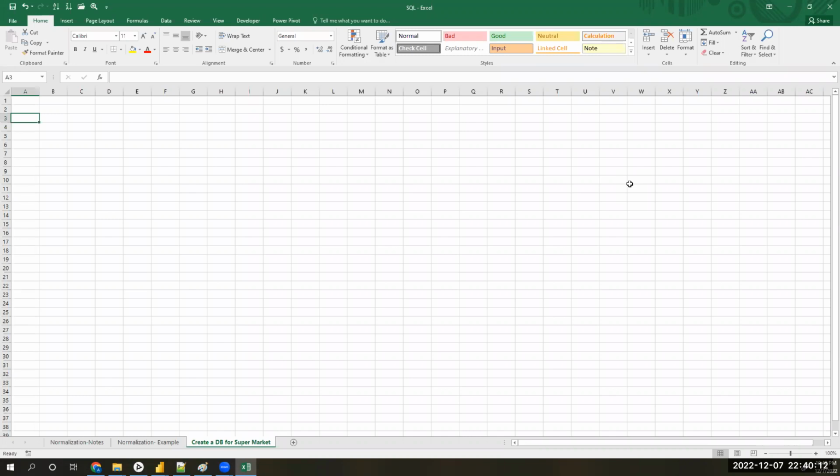For example, you have customer information and you have sales information. A new customer came to the supermarket. Then the information of the new customer will enter into that particular table and a customer ID will be generated as an auto increment or something like that as a primary key.